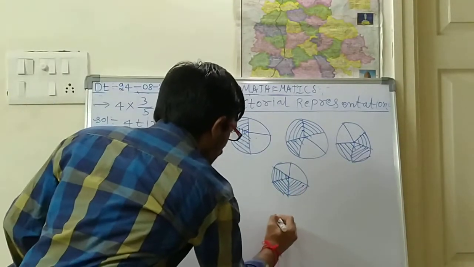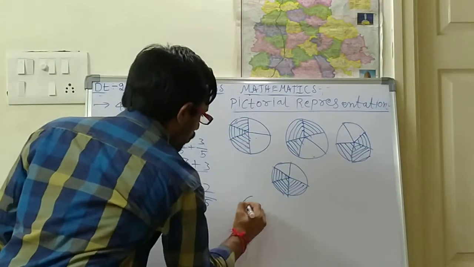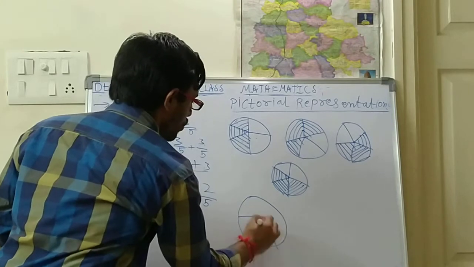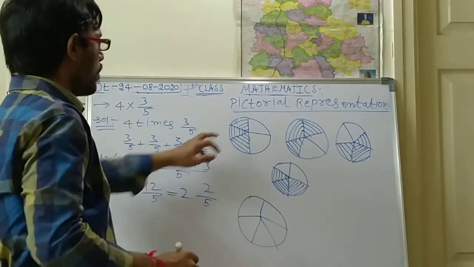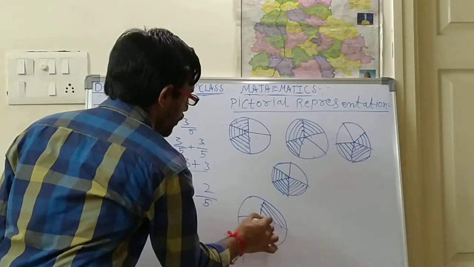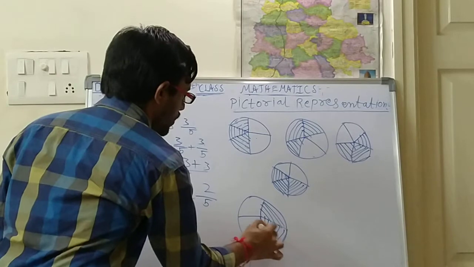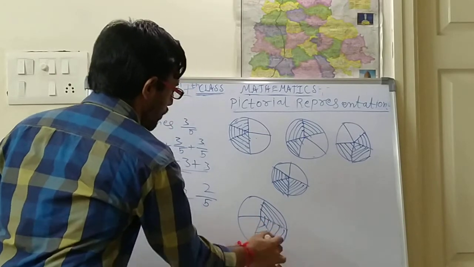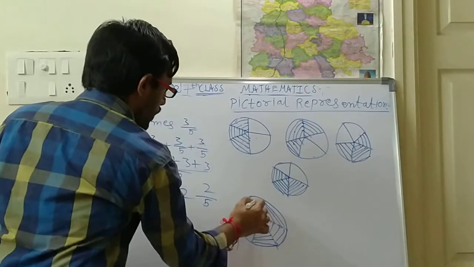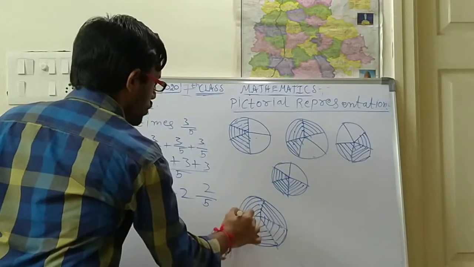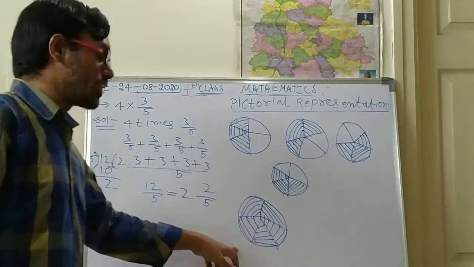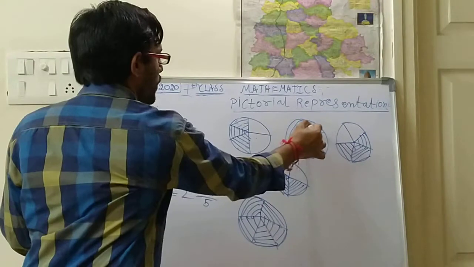So finally, first you draw one circle. The denominator is 5 only. 1, 2, 3, 4, 5. So first you draw 3 circles and shade 3 parts. After that, in the next circle you shade only 2 parts, that means to fill up one complete circle. So in this one 3 are completed, and in this one 2 are completed.